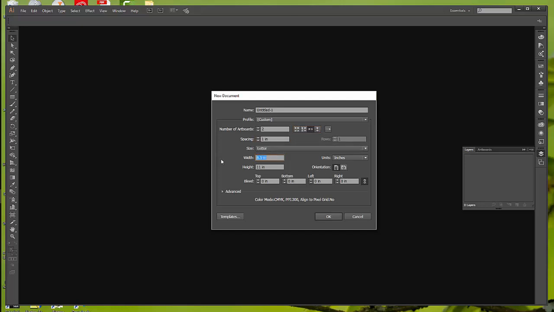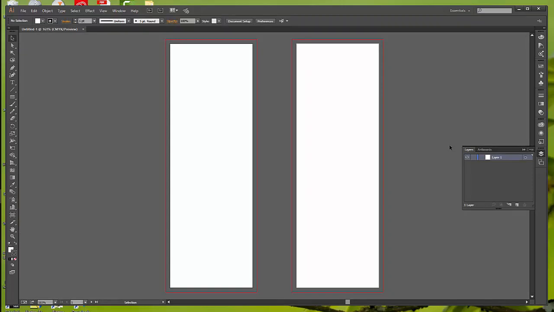I've given you sizes. 2.375 inches wide by 7 inches tall. We don't really need to worry about a bleed, but you can put a bleed on if you want to. So that's up to you. It's a nice thing to have. So there are my two